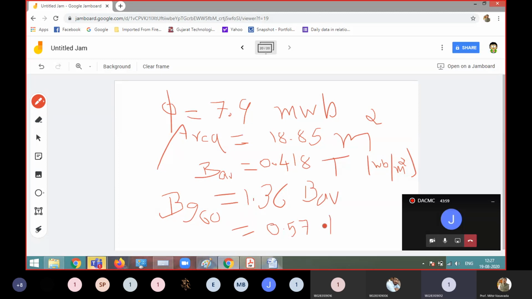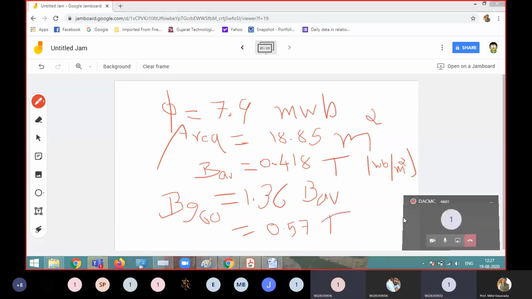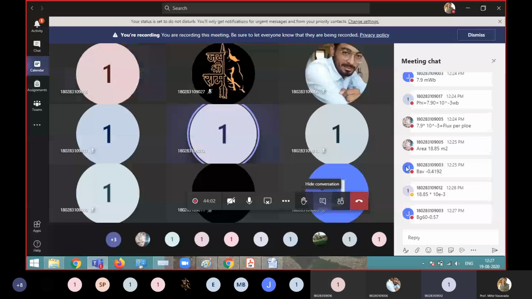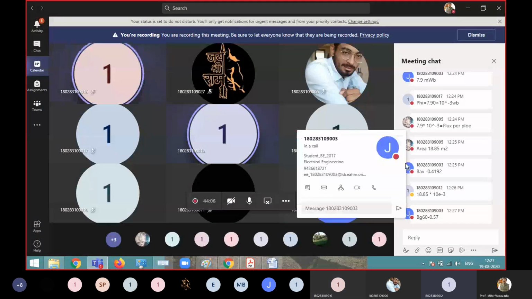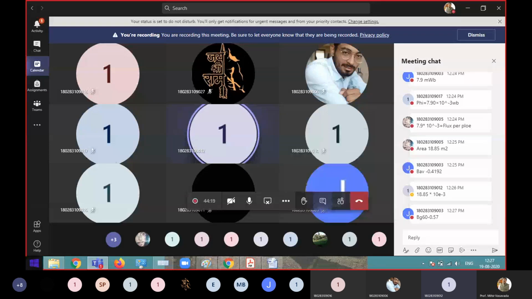सर डाउट था. Yes, बोलो. सर नॉर्मली हम आयरन में तो 1.5 से 1.7 टेस्ला तक रखते ही है ना? हाँ करते हैं. तो सर मतलब अचानक से आयरन में 1.7 टेस्ला तो इसके अंदर 1.5 टेस्ला होगा तो सर इश्यूज नहीं आएंगे? मतलब जो मैग्नेटिक अनबैलेंस बोलते हैं ना सर. नहीं 1.5 करते हैं मतलब that is the upper limit and that is in teeth.